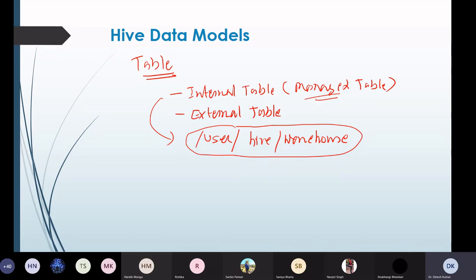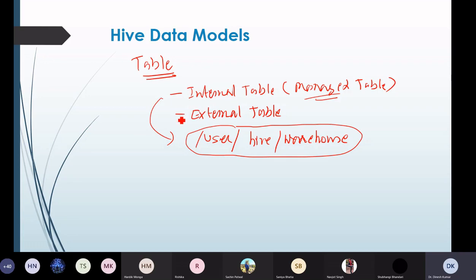Another difference is, if we drop an internal table or the managed table or the partition, the table data and the metadata associated with that table will be deleted from the HDFS.